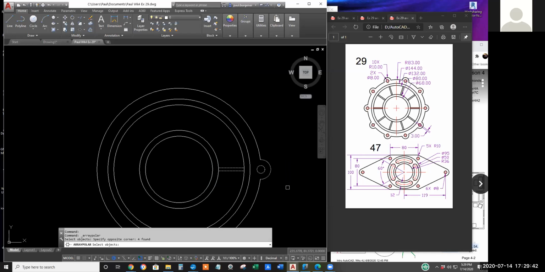Excuse me, Paul. Yes, sir. Dan, I accidentally trimmed my smaller circle so it's like a half moon shape. Is there a way to remake it into a circle without actually going and remaking a circle? Well, is it too late to undo? Yeah, I did a bunch of stuff. All right, not a problem.